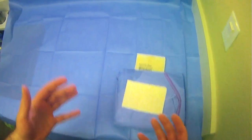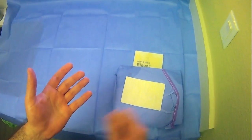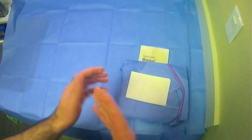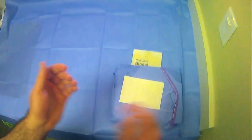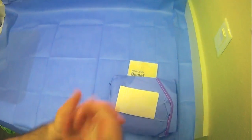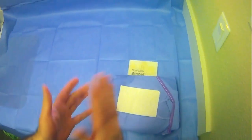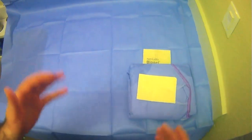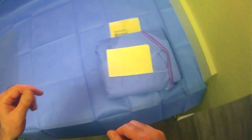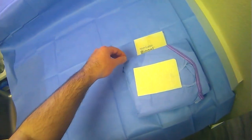Depending on where you're working, either you'll do a traditional scrubbing in with a sponge, or you may have the dry scrub material that you'll just grab from the machine and quickly run over your hands. That happens first. However, after you've actually washed your hands, what you'll do is approach the table and begin scrubbing in. So as we've set out our gown here, we're going to want to pick up our